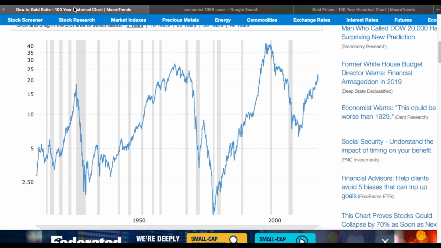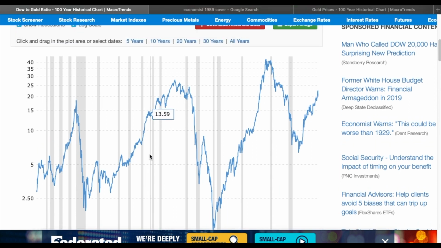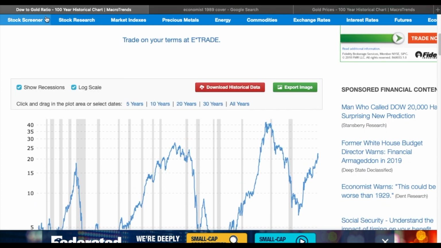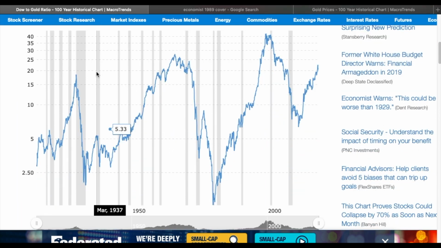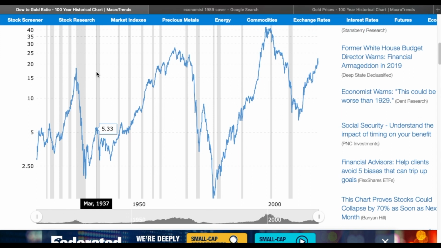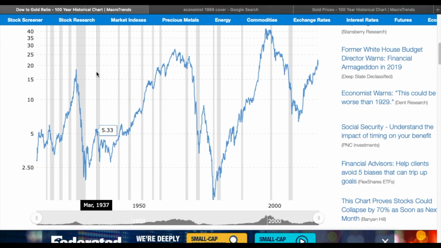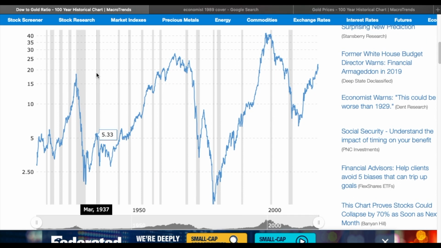There's a massive devaluation of the dollar that's going to come in the next 2 years approximately. There's many tools that can show this. I'm going to show you one of the most effective, the Dow Gold Ratio. Basically, the Dow Gold Ratio is the price of the Dow, or the number assigned to the Dow, divided by 1 ounce of gold. I have it up here on the screen.